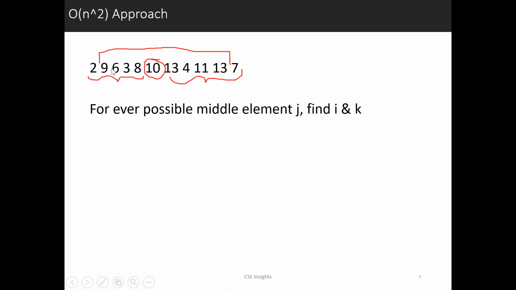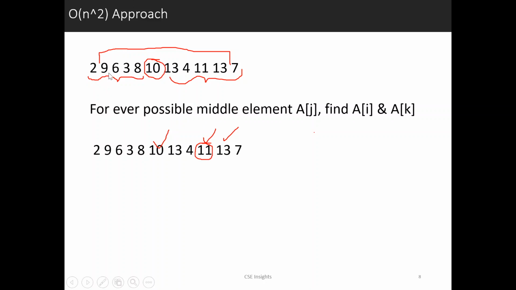Values 2, 9, 6, 3 and 8 are all less than 10, but 9 is the maximum such value. So when the element is at j, the maximum possible value will be 9 plus 10 plus 13, which is 32.